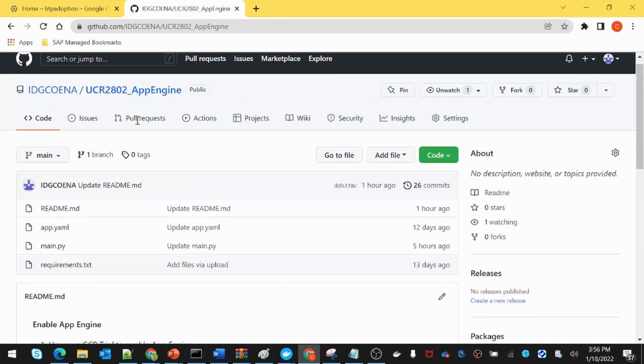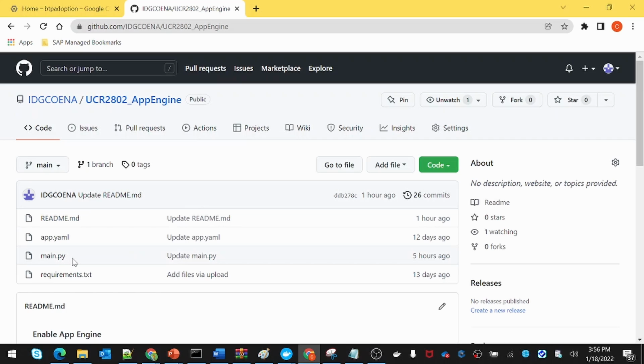Now, you do see the main.py. This is the same application which we shared for SAP Schema. What we have to do is make sure that you have adjusted the parameters. Once you clone the files, please make sure you adjust them with your HANA Cloud logon details, Qualtrics tokens, and data centers.